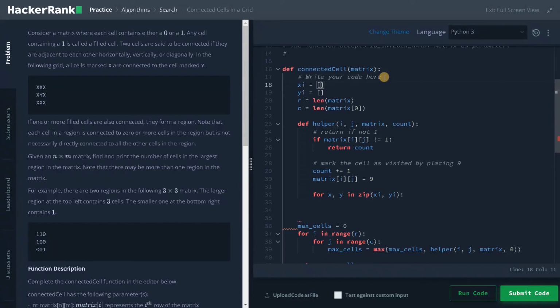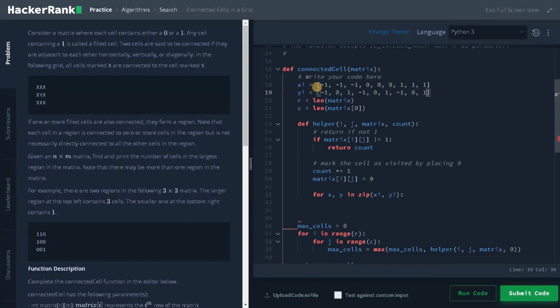Now we have to specify the ranges. So the adjacent cells can be -1, -1, -1, 0, 0 and 0. Now 1, 1, 1. So this is xi, and for yi it will be -1, 0, 1, again -1, 0, 1, again -1, 0, 1.